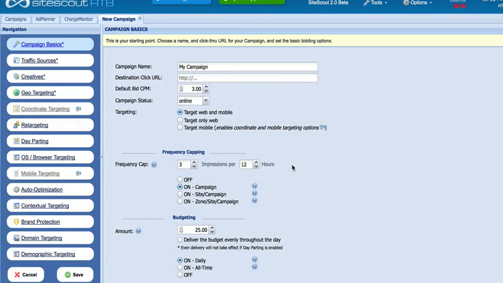All right, so what I've done here is logged into my Site Scout demo account so that I can show you some of this stuff. If you don't have an account with Site Scout, you don't have to do anything right now, but it would be useful for you to maybe sign up for an account. Again, it's free. You just go to sitescout.com and create yourself a free account if you don't already have one,